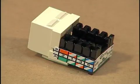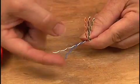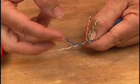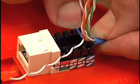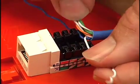The jack has color coding to indicate the correct wire color for each contact. Be sure to use the A color coding on the jack. Start with a blue pair, untwisting it down to the jacket. While keeping the jacket as close as possible to the connector, apply the blue pair to the blue and blue-white